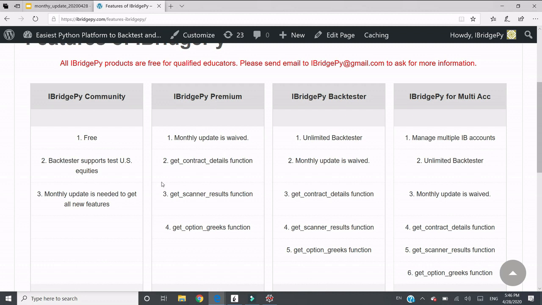Also, you can have extra features, which are get contract details, get scanner results, and get option Greeks. With get contract details, you can use this premium function to obtain option chains and other contract information. If you are a TWS user, you may be aware of the native stock scanner in TWS, and IBridgePy supports that scanner feature by the method of get scanner results. If you are an option trader and you are interested in Greeks of options, the IBridgePy Premium feature has a function